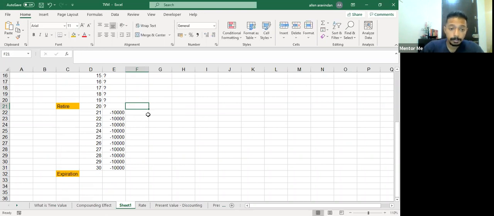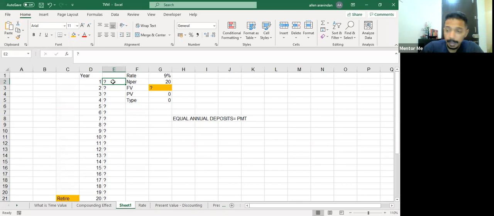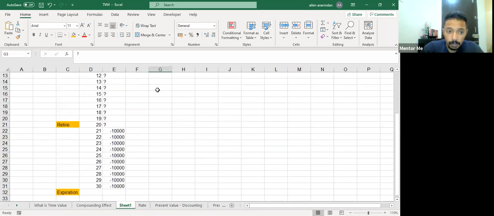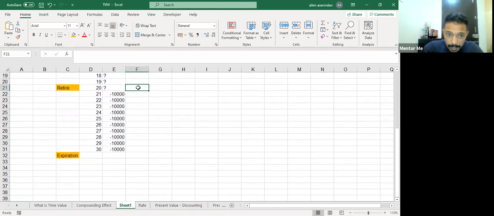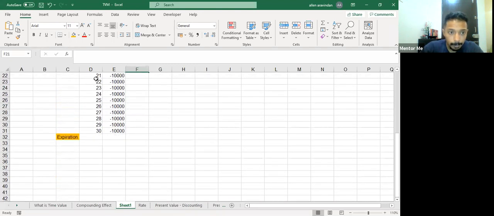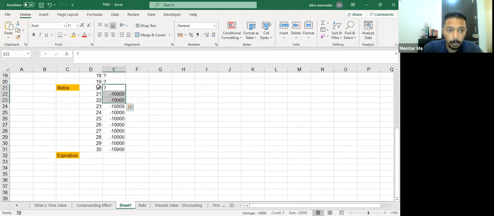By the way, will I use future value or will I use present value out here? Because out here at year 1, the value that you will get here is future value. But in year 20, you have to forget about what happened before 20 and you're talking about 20 to 30, right? So in order to use this money this way, I have to have some value here. So will that be present value or will that be future value? Because future value will be here.